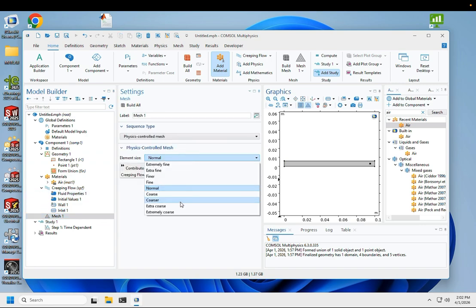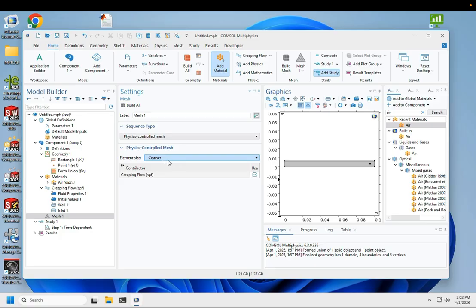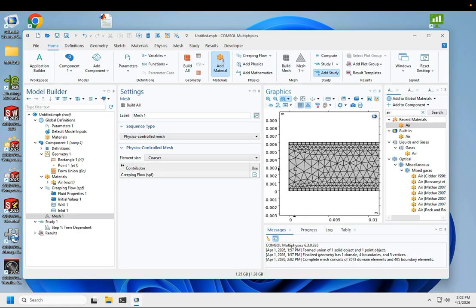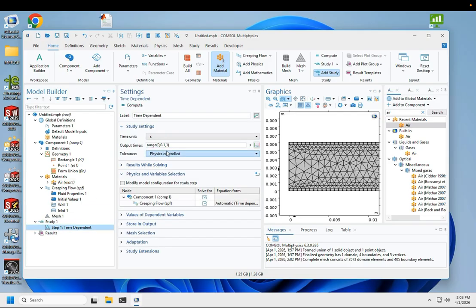For this, we can probably go with a fairly coarse mesh, so it will find an answer fairly quickly. You can build the mesh to see how coarse is coarse. That actually looks like a lot of black lines. We can zoom in if we want, and see what they've done. You can see they're trying to resolve to some degree a boundary layer and then wide steps in the middle. For the study, we need to figure out how long we're going to go and in